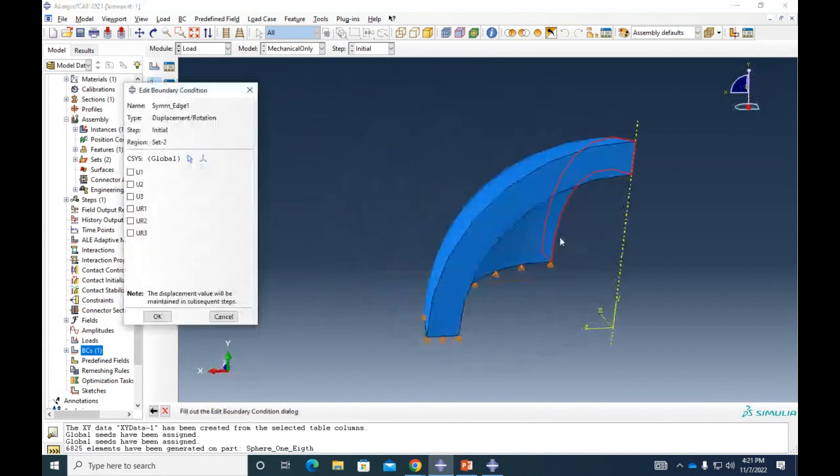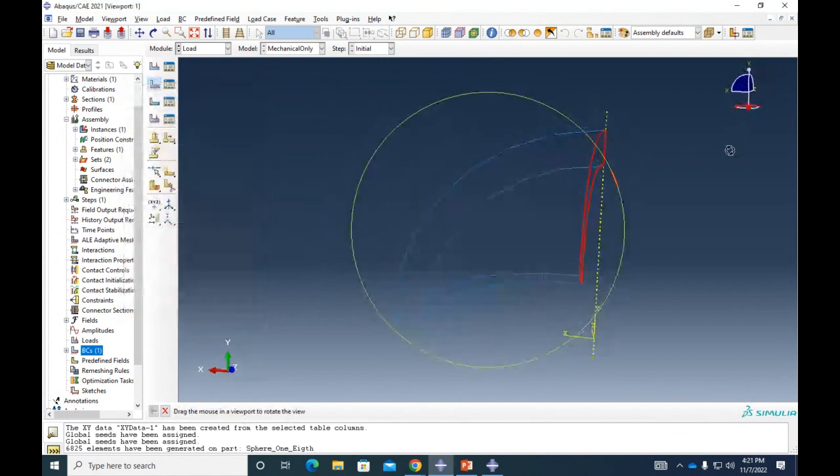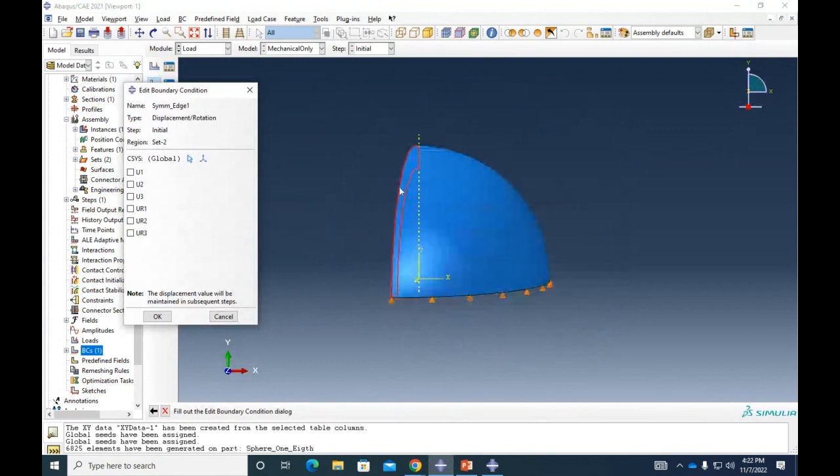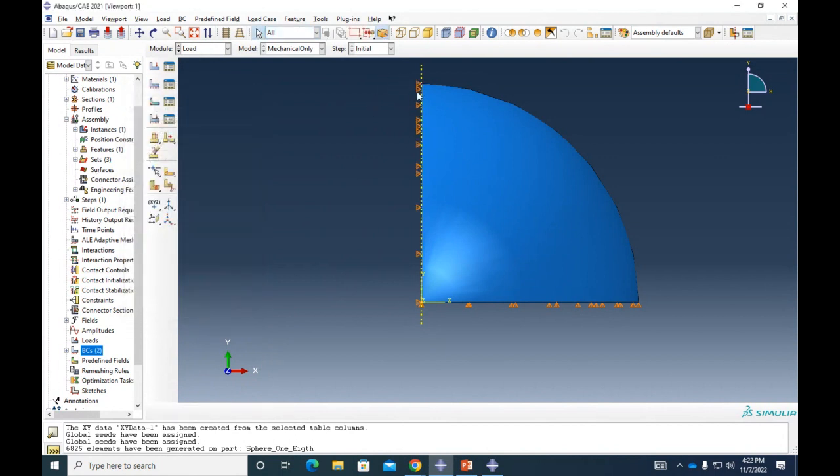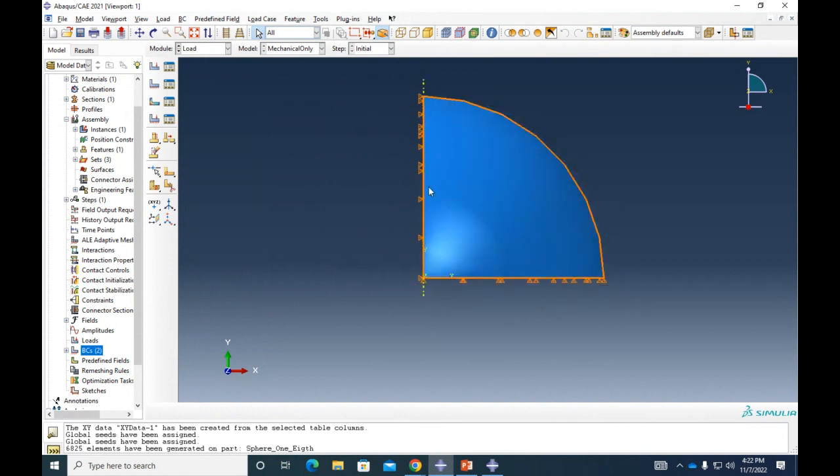Let's take a look at that this way. Let's remove this. We are adding a boundary condition to that edge, so it cannot move out of plane. And the only way to restrict that is restricting the movement in X. Is this view more clear, right? So now I have to restrict X. And now you see the dimension of the rollers. It's basically just preventing the movement in that direction.